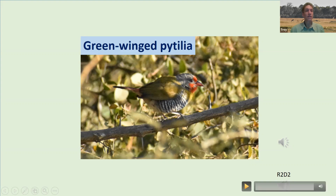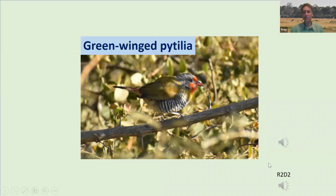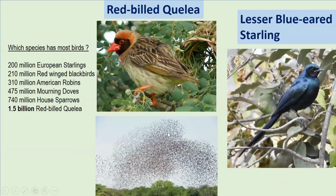Which reminds me of a Star Wars character you might recognize. Oh, let me try that one more time. There we go. All right, so